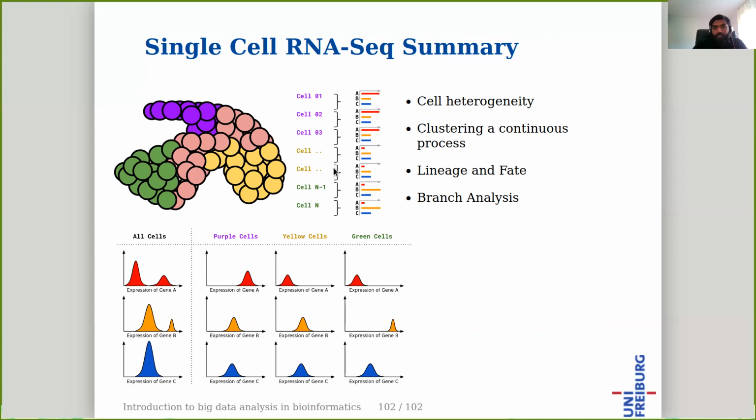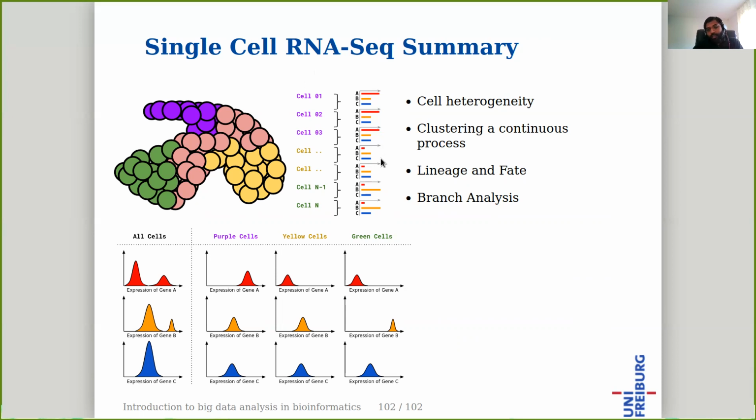And we use these unique expression profiles to find out the most differentially expressed genes, or most highly variable genes among these cells,